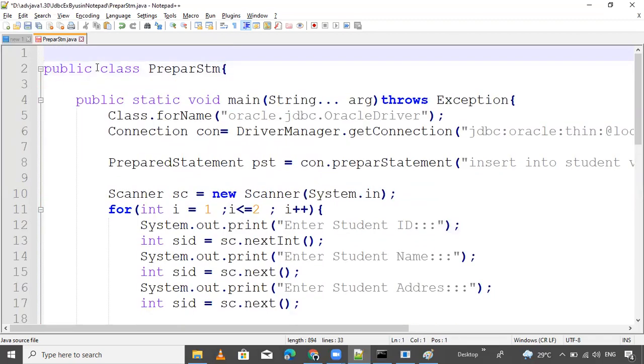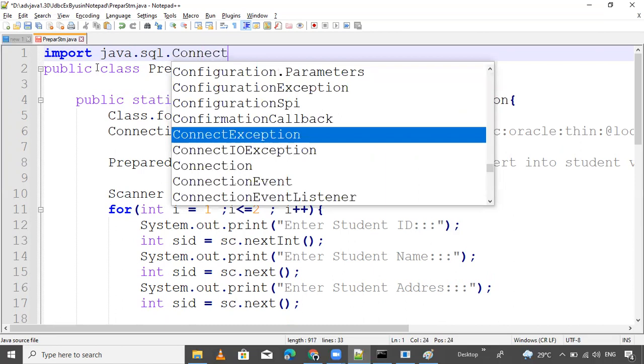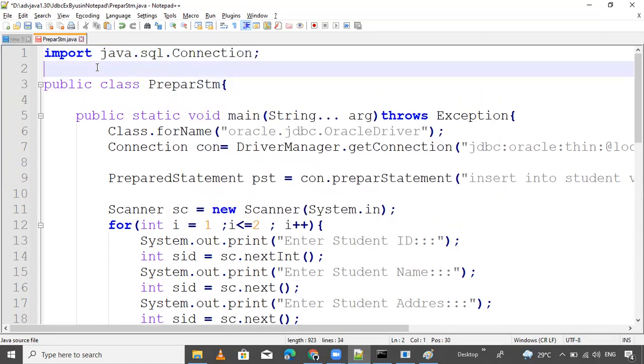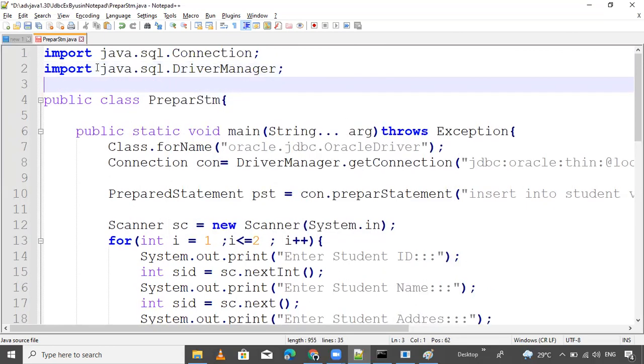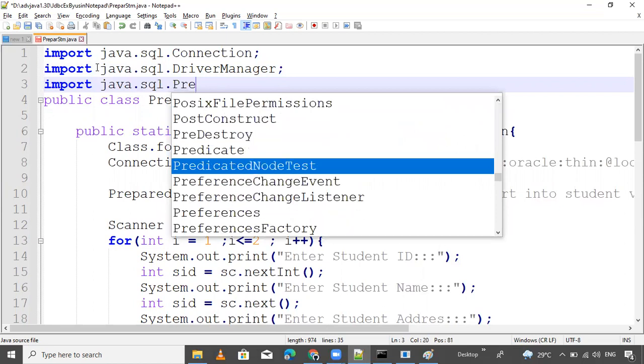So we import some packages. Import java.sql.Connection. Next, import java.sql.DriverManager. And next, import java.sql.PreparedStatement, the existing interface in the SQL package.